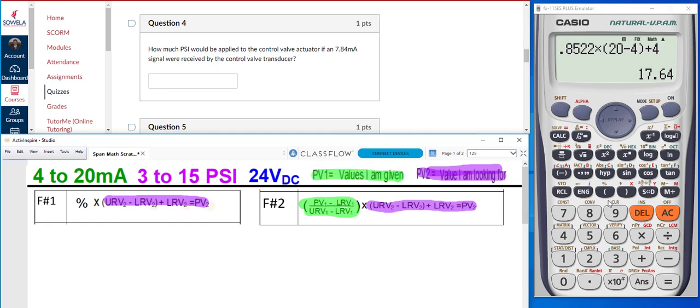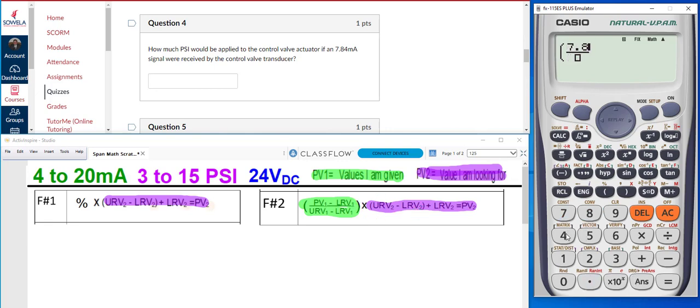So looking at the calculator, I'm going to open my parentheses, hit over under. I'm given 7.84 milliamps, so I know everything to the left of my